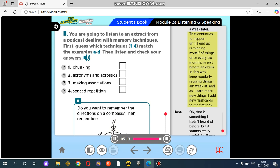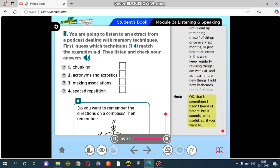That continues to happen until I end up reminding myself of things once every 6 months, or just before an exam. In this way, I keep regularly revising things I am weak at. And as I learn more new things, I add new flashcards to the first box. OK, that is something I hadn't heard of before, but it sounds really useful. So, if you want to